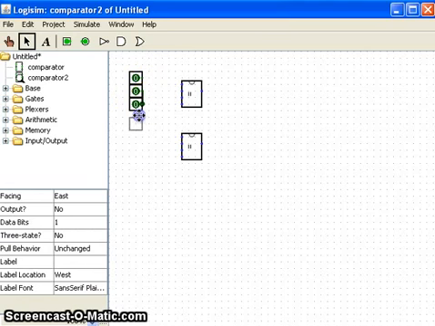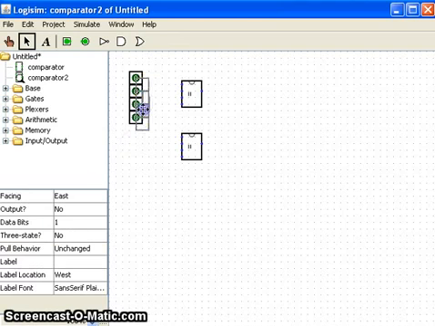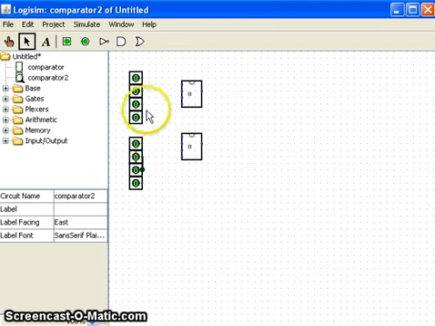So those are the first 4 from my first circuit. And I'm just going to copy all of those at once, grab them all and drag them down. Okay. So now these circuits are going to correspond to A3, A2, A1, and A0, and B3, B2, B1,